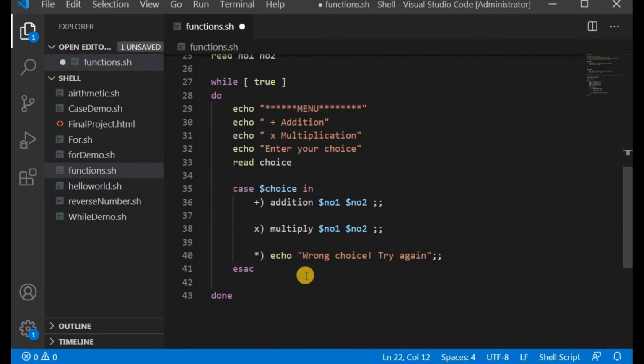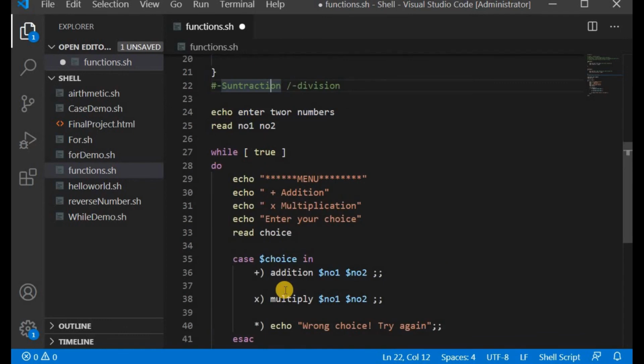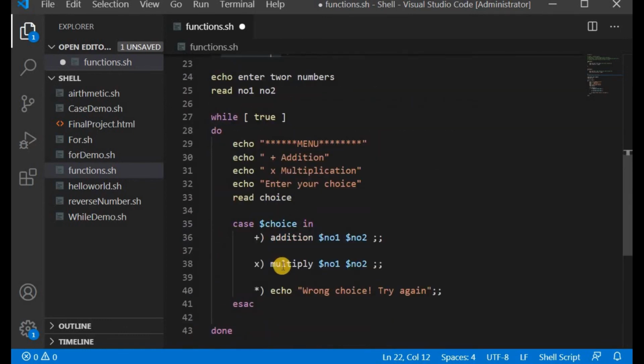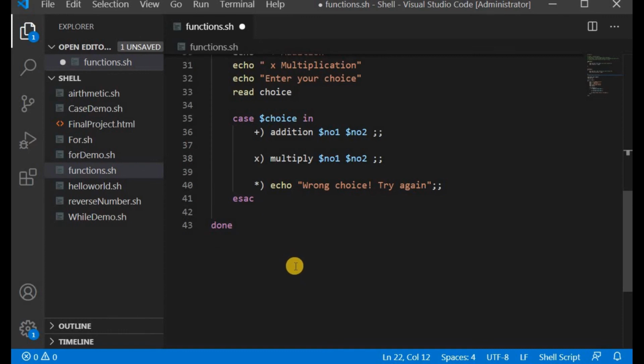So we have studied all the basics of shell script, like variable declaration, then for loop, while loop, until loop, then if statement, case statement, and functions as well. The basic fundamentals of shell programming we have studied. From the next lecture we will start the commands used inside shell scripting. These commands are very important for administrative work. Whoever wants to become a system admin must know these shell commands or the Unix commands and programming using the Unix commands. We will start studying these commands from the next lecture.